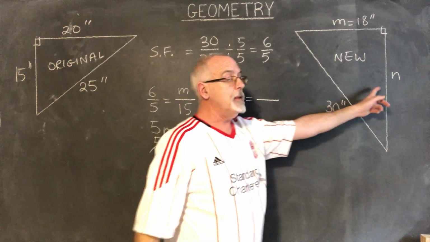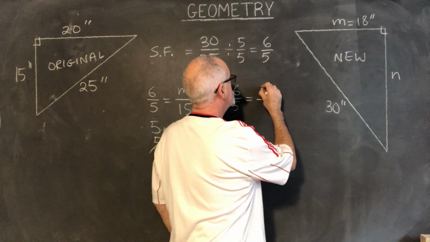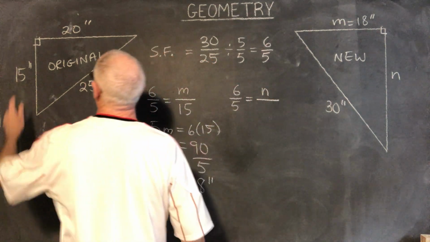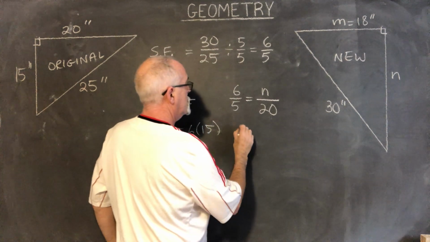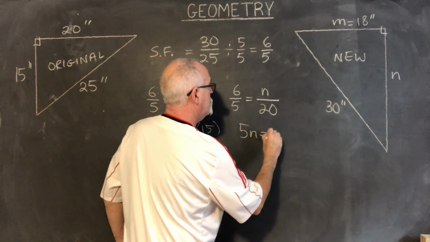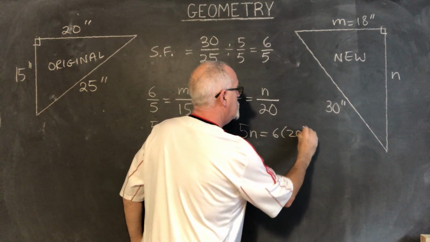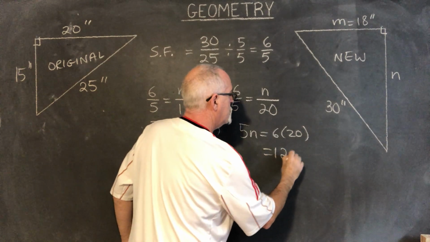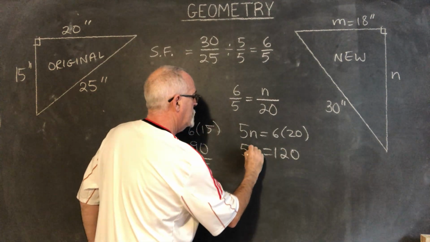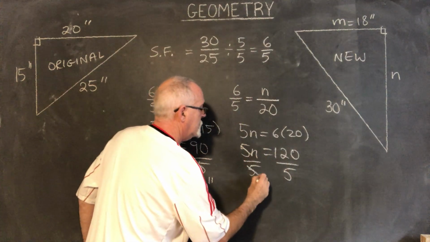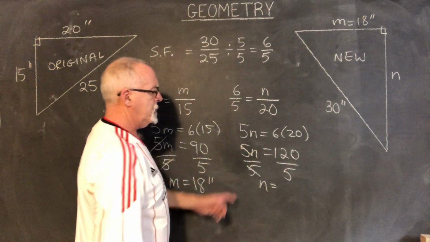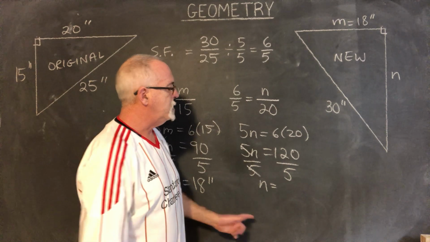N is the median length side in the new triangle, and the median length side in the original is 20. Cross multiplying, 5N equals 6 times 20. 6 times 20 is 120. Divide both sides by 5. Cancel, cancel. N is isolated. 120 divided by 5 is 24